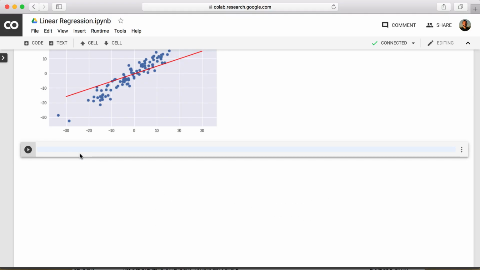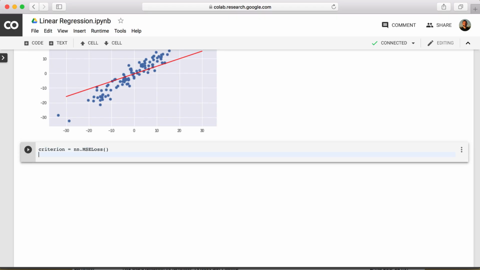We can access the built-in loss function from nn.MSELoss. Very easy. The mean squared loss, and store this in a value called criterion, or a variable I should say. Not too hard. All right, the next step is to specify the optimizer